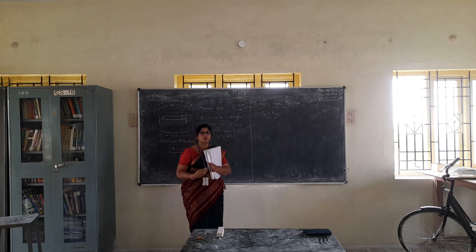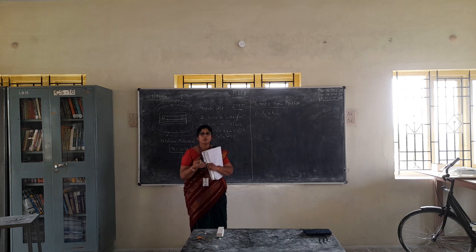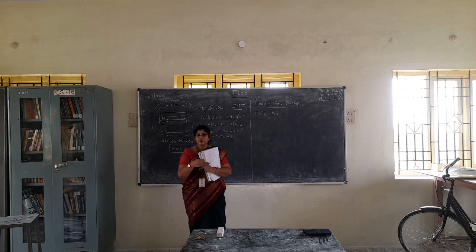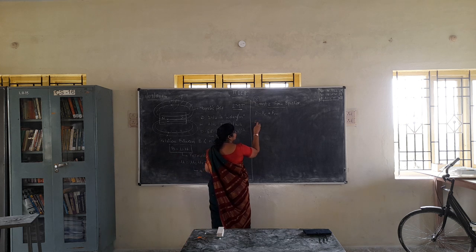Second unit, start. Started with Coulomb's law. What is Coulomb's law? F will be equal to Q1 Q2 divided by 4 pi epsilon naught r square. So E is equal to F by Q. F by Q is E. F will be equal to EQ. So for electric field, the force equation is